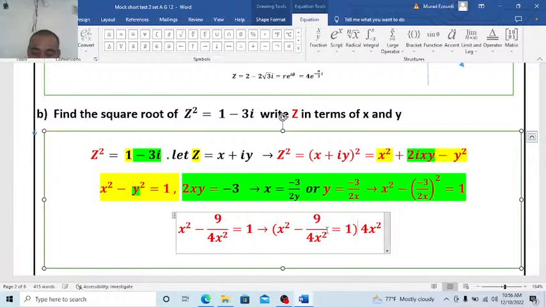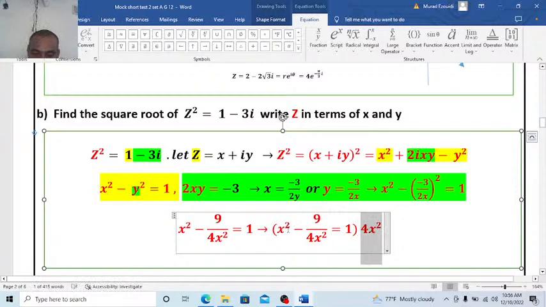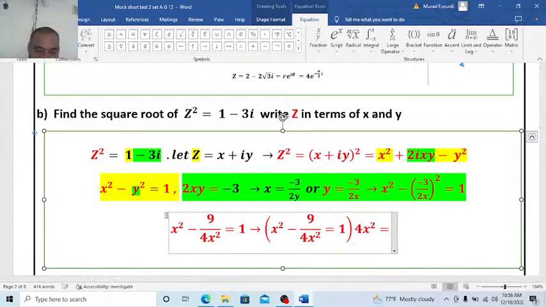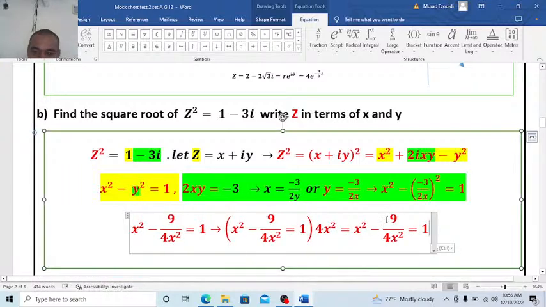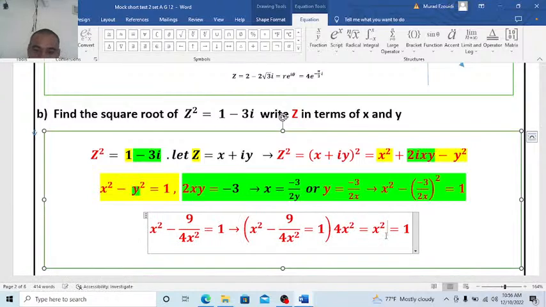Look, 4x squared multiplied by x squared will give us what? We told 4x squared multiplied by 4x squared will be 4x